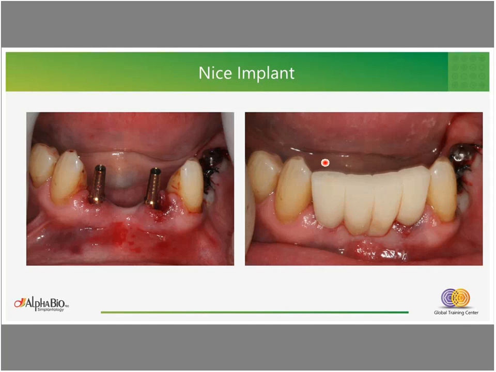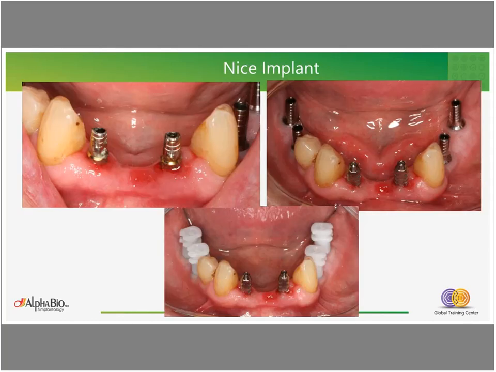After osseointegration, we can see the integrity of the soft tissue. These are the abutments that were placed on the same day of extraction. We can see that we have some dehiscence or some recession around the abutment, but still the implants were covered with bone, and we have a good soft tissue